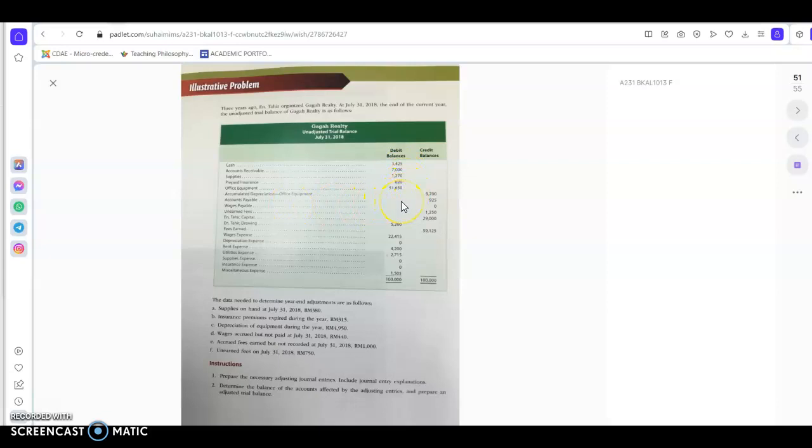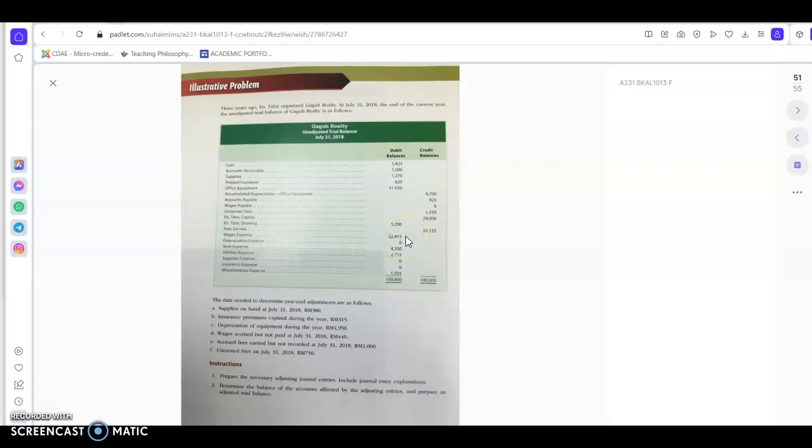Credit is the accumulated depreciation for office equipment 9,700, accounts payable 925, wages payable 0, unearned fees 1250. Unearned fees is a liability. Then we have Encik Tahir capital 29,000, Encik Tahir drawing 5,200, fees earned. Okay, this is a revenue, 59125,